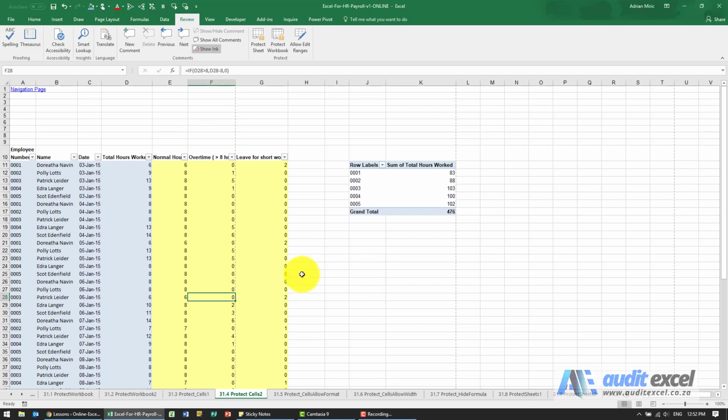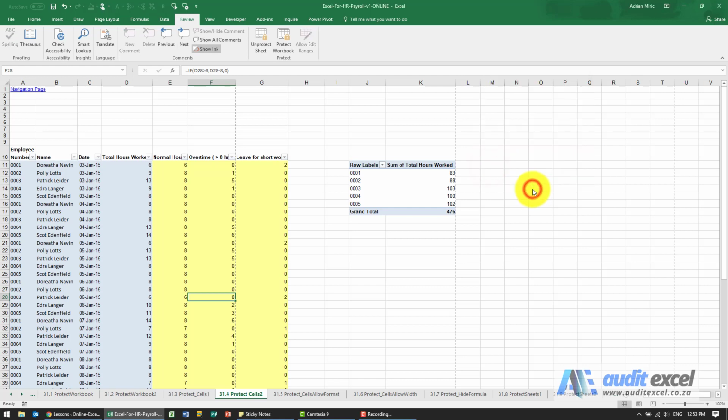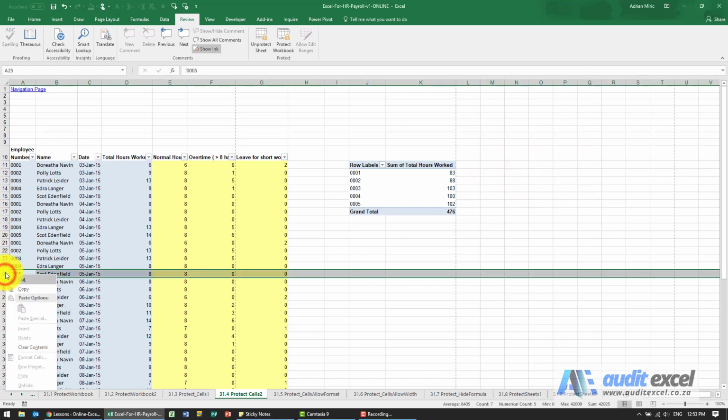The most common reason for errors in spreadsheets often is that people insert or delete rows or columns. What's great about Protect Sheet, if I say Protect Sheet, you'll notice that generally it only allows you to do those two things. I'm just going to switch those off. When I say OK, you'll see I cannot insert or delete rows or columns. However, perhaps you want to set it up so that you can.